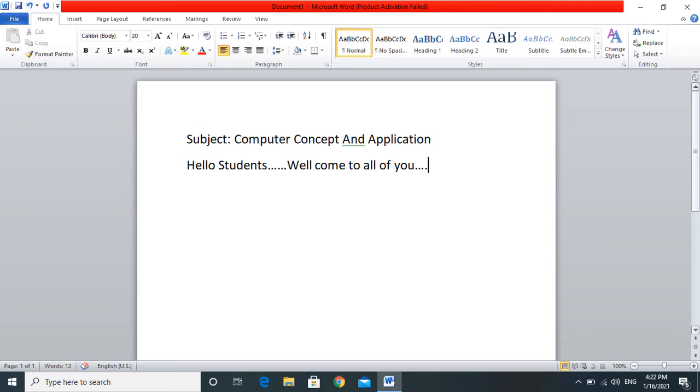Then the next, Mailings tab. This tab allows you to create documents to help when sending mailings, such as printing envelopes, labels and posts, etc. And the next is the Review tab. This tab allows you to make changes to your document due to spelling and grammar issues. Then the View tab, etc.